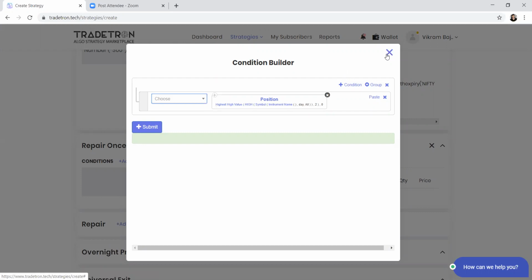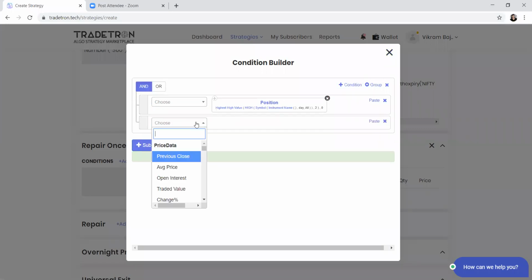Okay. Your second condition was, I think, based on the value of the credit or debit that you have taken in the position while taking entry, right? No, not really. The second condition is that whatever is the highest high or lowest low price, I would like to take a buffer of 0.15%, let's say. I want to buy above that or sell below that.